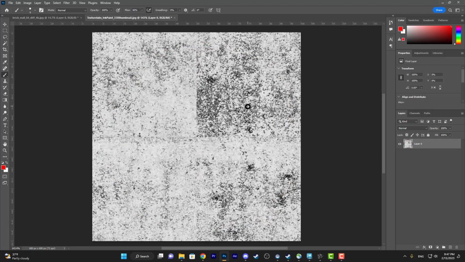Okay, so stamp, Alt, and then I need to define if I want to go with this, or maybe a mix. So I'm just gonna go with, you know, a gentle kind of mix between them, something like this, but closer to the white area here. So yeah, S, Alt, click,